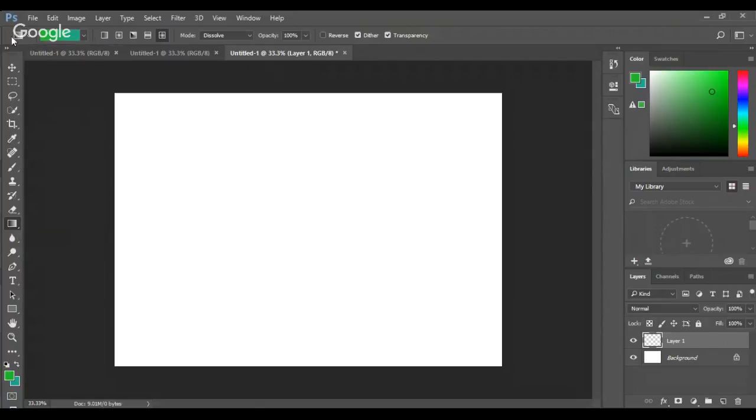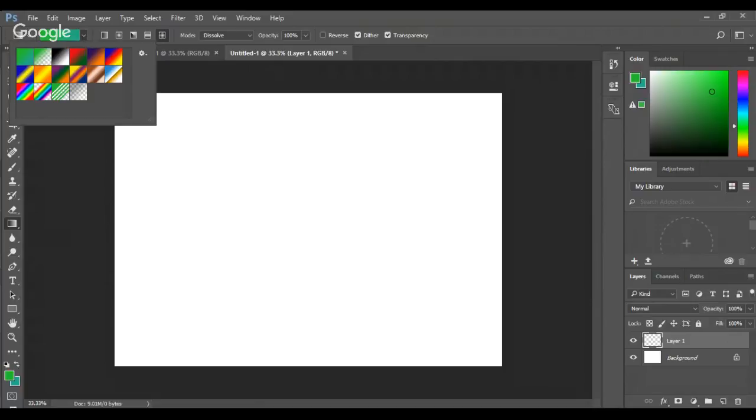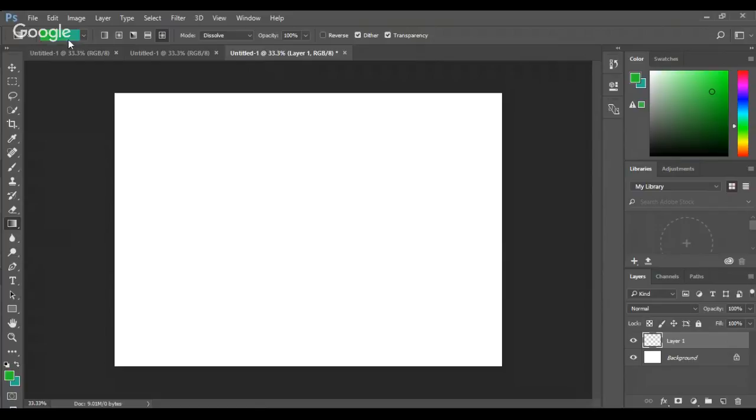As you can see, different effects come up on the top. This box right here, where it's located with the different colors, that's the gradient picker. Any colors that you have used for gradients in the past will all be right here, or there's already a selection of gradients you can choose from if you just need a simple gradient. And next to it on the right-hand side are all 5 different types of gradients you can use,